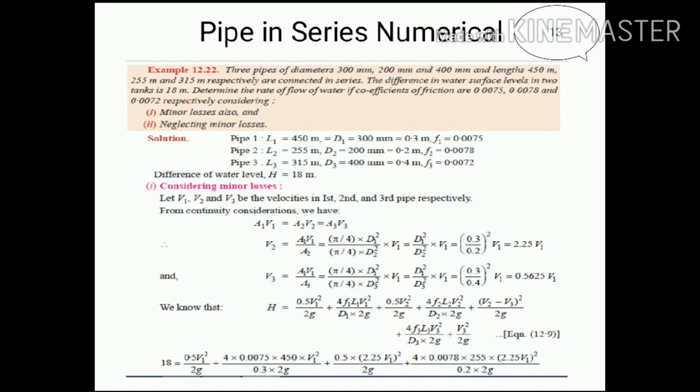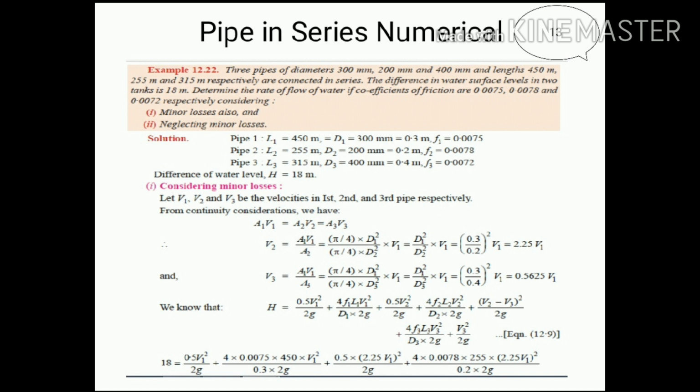So see the numerical, a simple numerical, with 3 pipes of diameter. Just remember, whenever I am explaining this numerical, try to solve it on your own, so you will understand easily. Then, 3 pipes of diameter 300 mm,